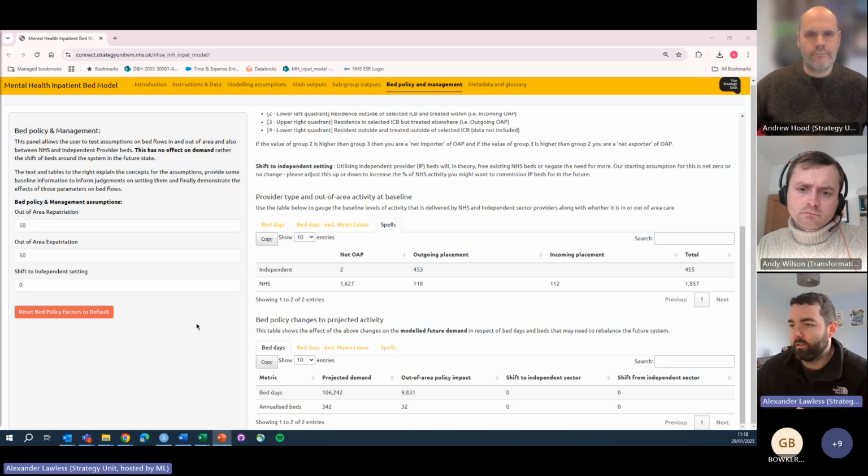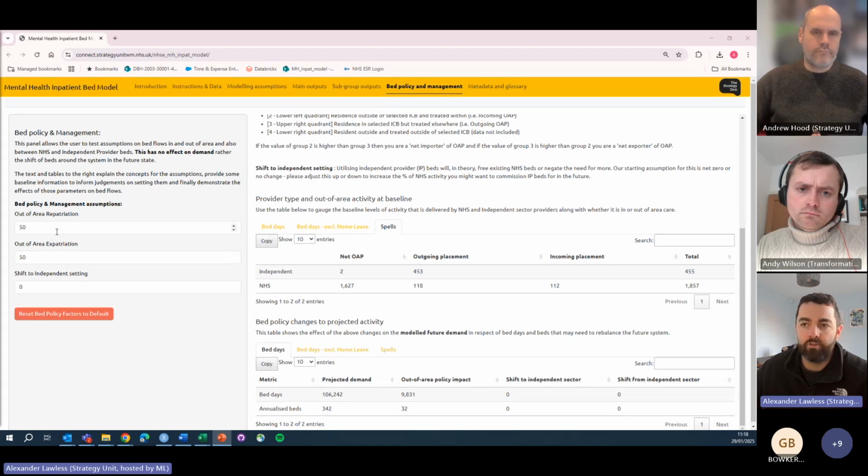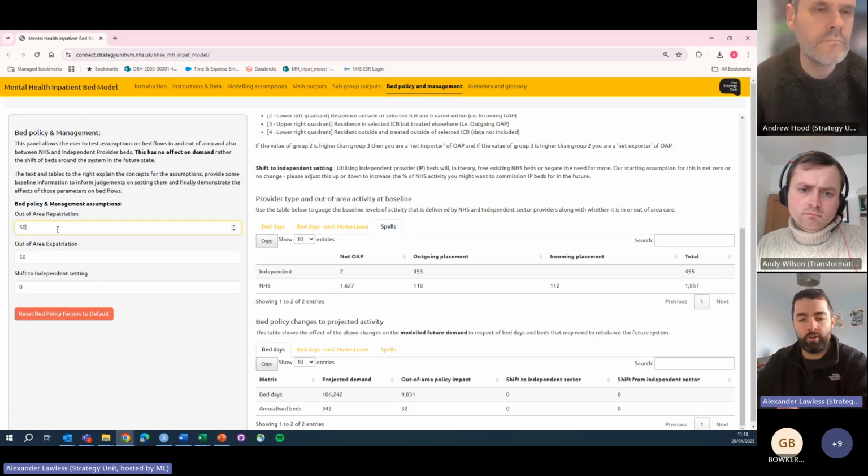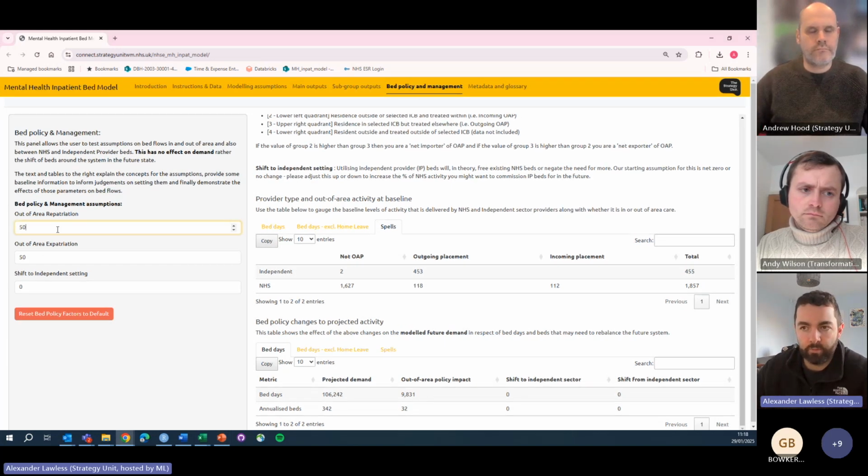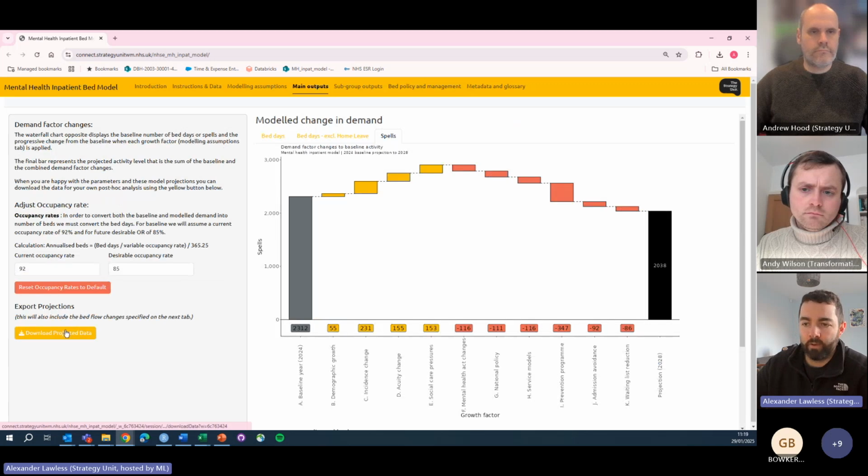Yeah, and just finally to say as well that although any inputs on this tab don't affect the final projected column in the exported data, they do affect other columns within the exported data. So for example, if we set this to 10 and we go back to export our data we want to manipulate,